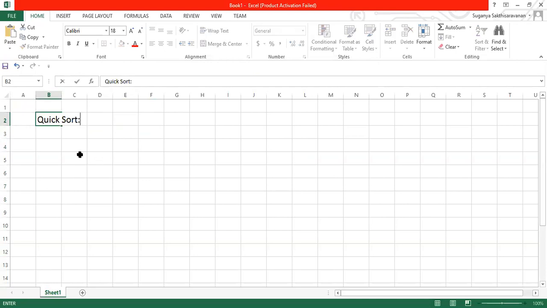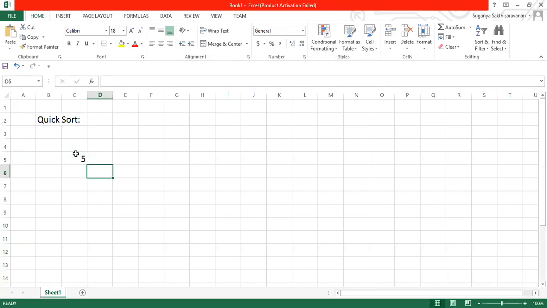I want you to give some group of values for the quick sort algorithm.